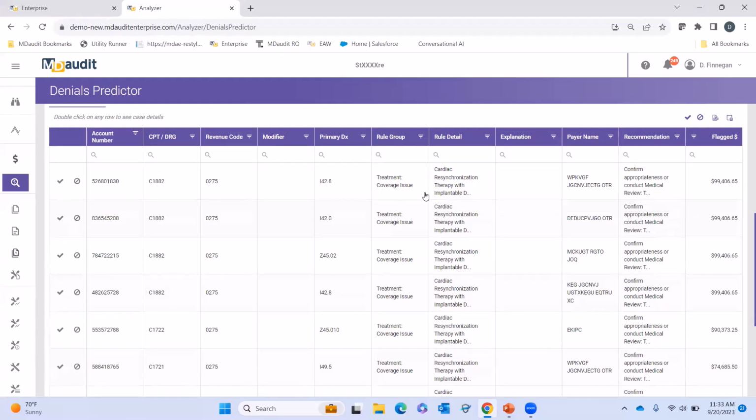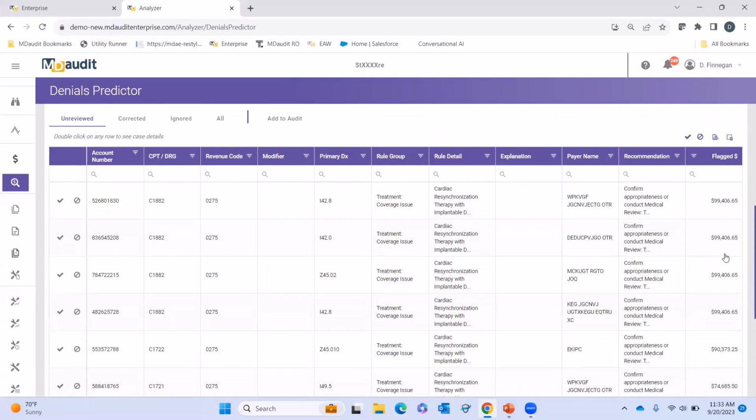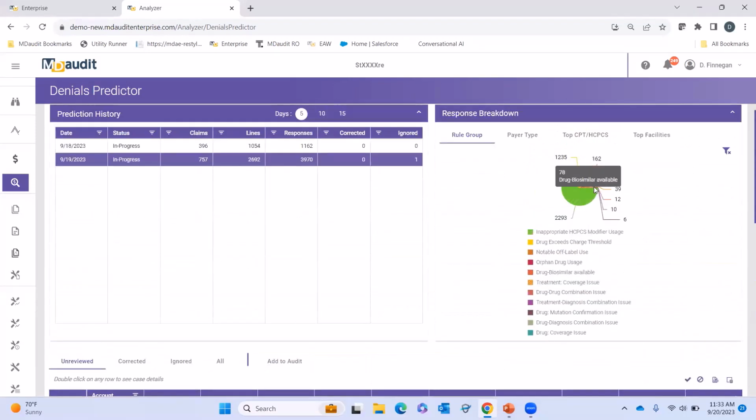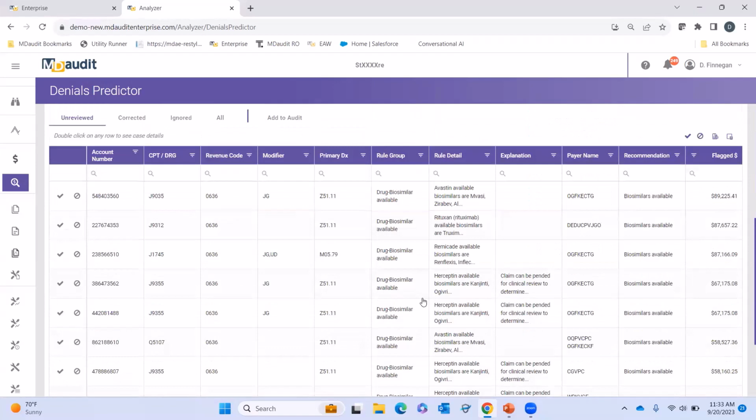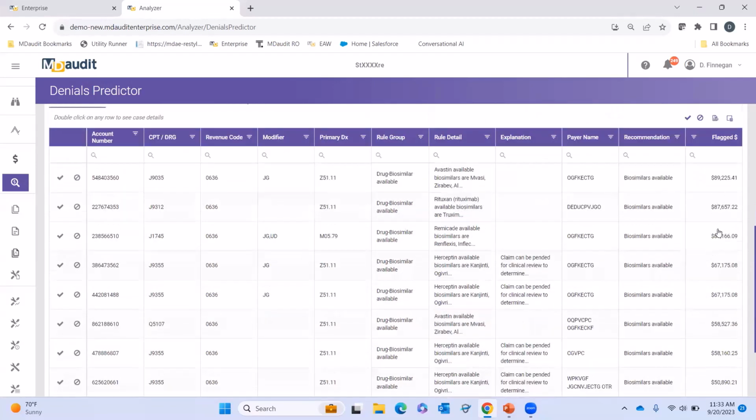Folks, that is not something a traditional scrubber can find. And you can see here, many, many accounts for many, many hundreds of thousands of dollars. I'm going to show you one last one here that our MD Audit community struggles with, and we're helping them fix, is biosimilar issue. Then again, many, many accounts, many, many high dollars here, where they're saying, look, you're treating